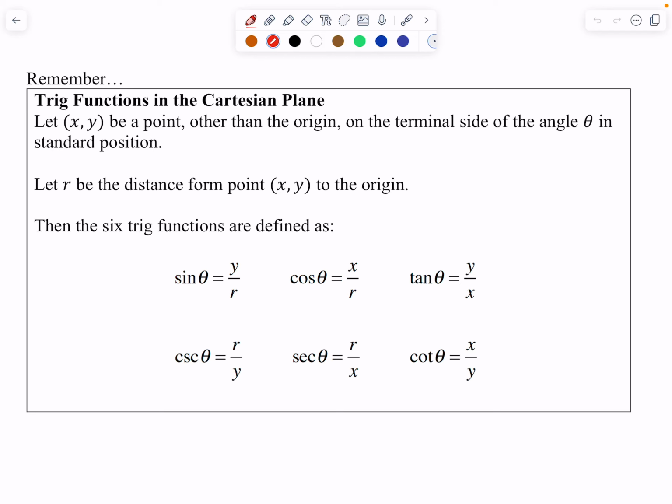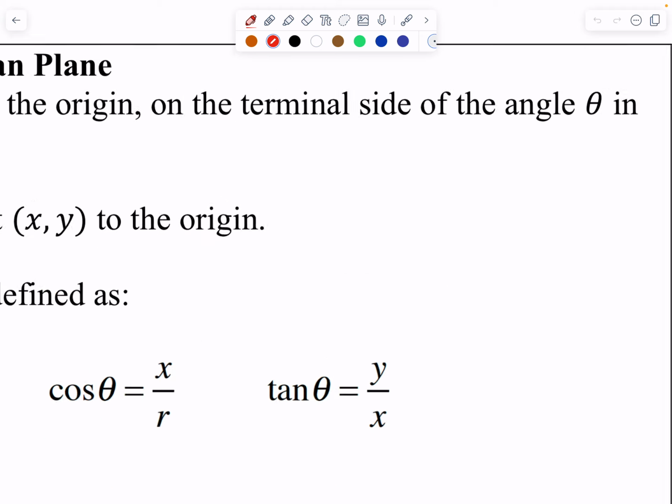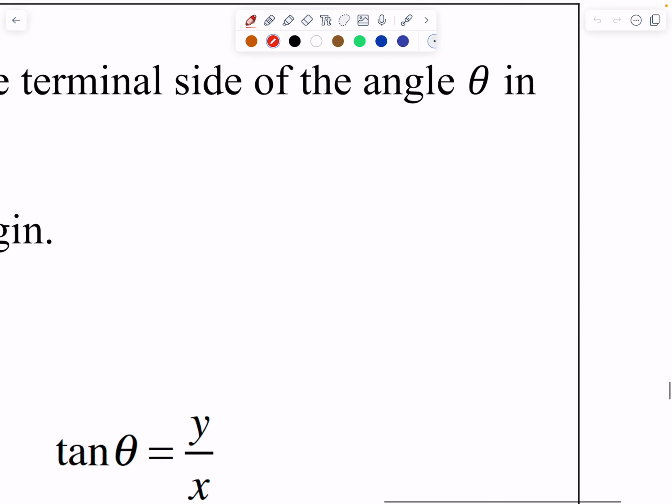Hi there. So this is where we left off last time in trig part 2. Remember, we can now think about the trig functions where the inputs for the 6 trig functions are angles, either in degrees or radians, and then the outputs are ratios of x, y, or r. And remember, r represents the distance of a point from the origin, because if we were to think about an